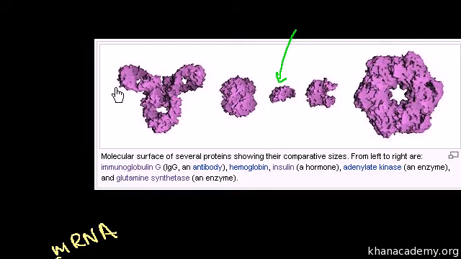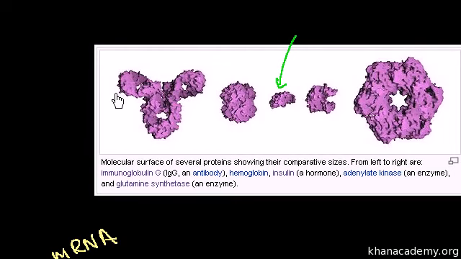It's a hormone. So sometimes you hear people talking about your immune system, sometimes your endocrine system and hormones, sometimes your digestive system. And this is hemoglobin. Essentially what transports our oxygen in our blood. But all of these things are proteins, and all of these little folds you see,